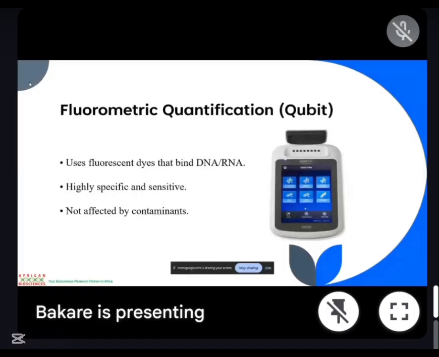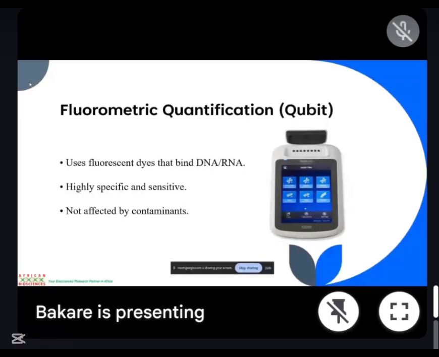That's why it's highly sensitive. Once you put it, it's just going to show you the yield and the concentration. So if you are good to work with the concentration,